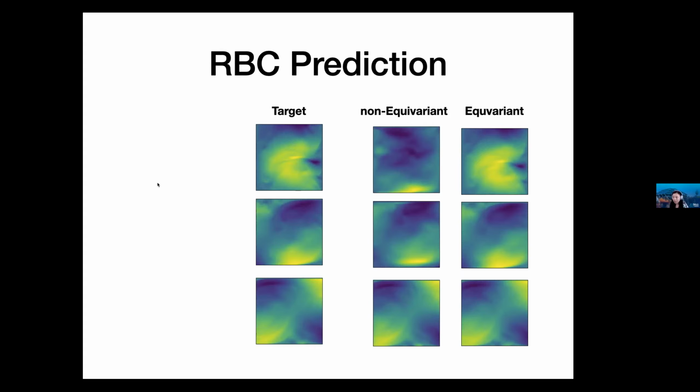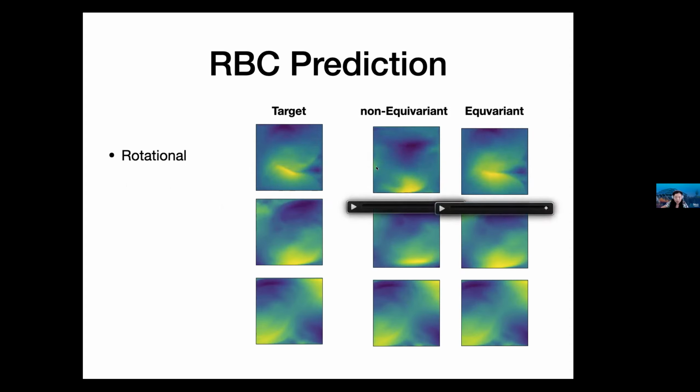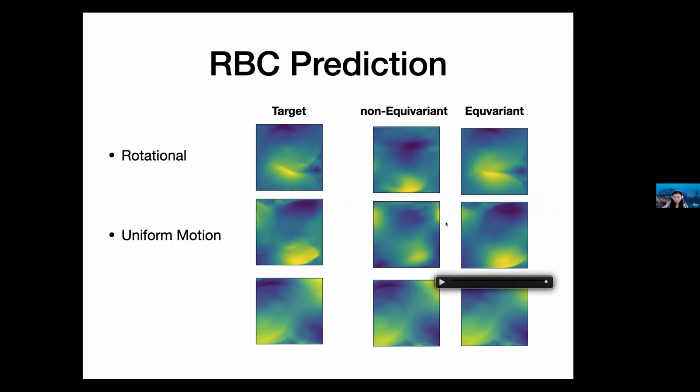Okay, so let's see if I change the test distribution using rotation. What you can see is this is the ground truth. So let's play again. The ground truth data is rotated in the test, and the non-equivariant network completely fails because to itself, it's a very different type of data distribution. It cannot forecast correctly. So we're forecasting the velocity field of a turbulence. And similarly for uniform motion, when we translate the test data by a certain amount, then the equivariant neural network will recognize the change in the training distribution and be able to detect that and react accordingly.